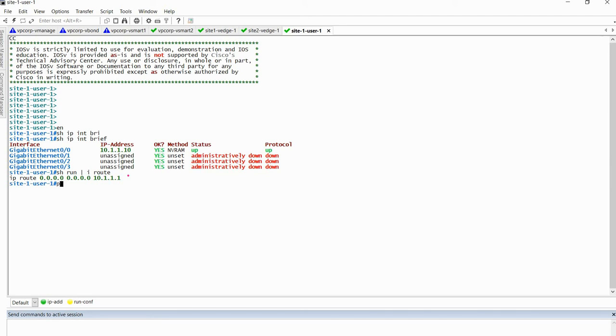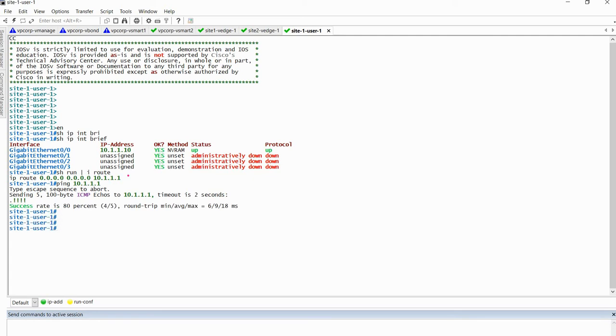So let's ping 10.1.1.1. It should resolve an ARP. Yes, and I am able to ping it successfully. So this is good, guys. This is what I want to do from this activity. But now let's push the same configuration to